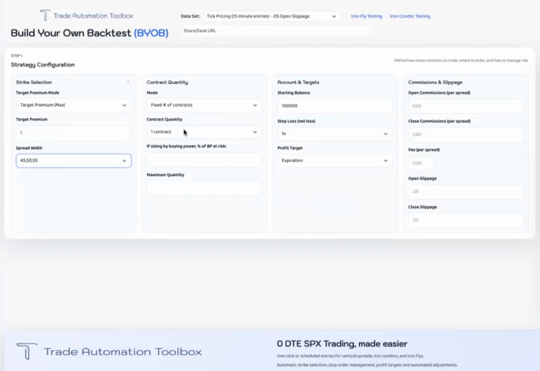I like to test everything with one contract just to see how the drawdowns, the PCR, and the win rate look. But you could obviously size this based on buying power, or based on equity, and so on, and that's done here. We're going to assume we have a $100,000 starting balance. Again, this is just for simplicity of math and calculation. And we're going to give it a 1.5